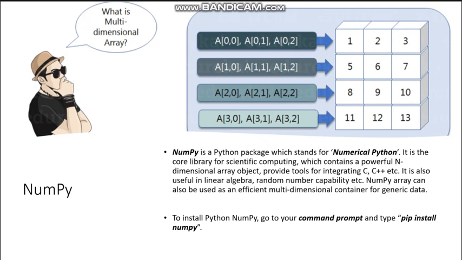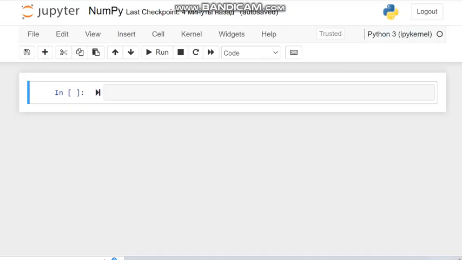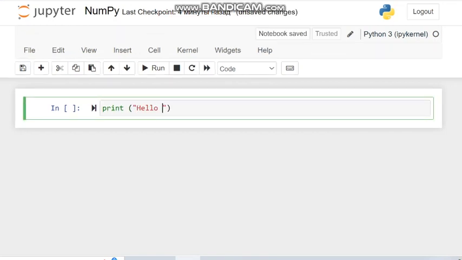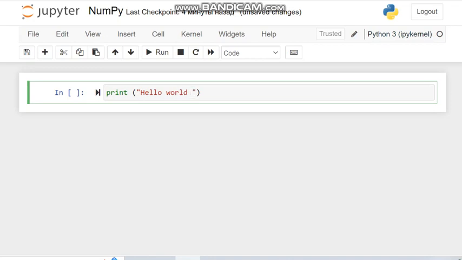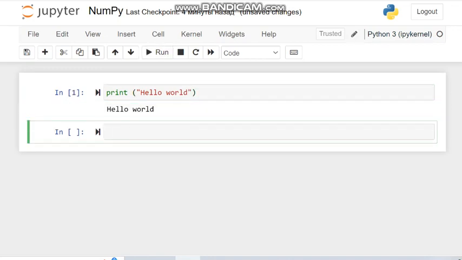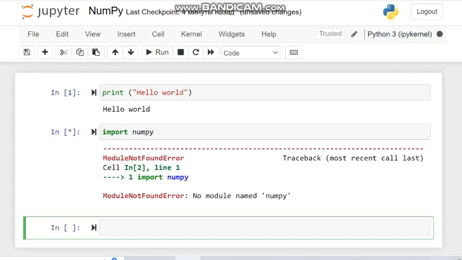To install Numpy, you can use pip install numpy, but in our Jupyter Notebook, it's already downloaded. Okay, let's write. As usual, Hello world. And here, if you write import numpy,